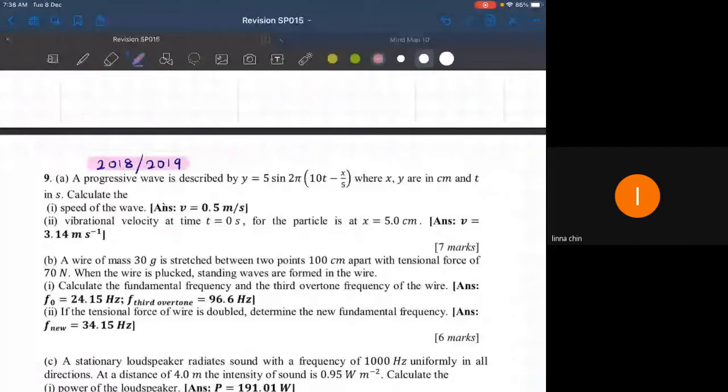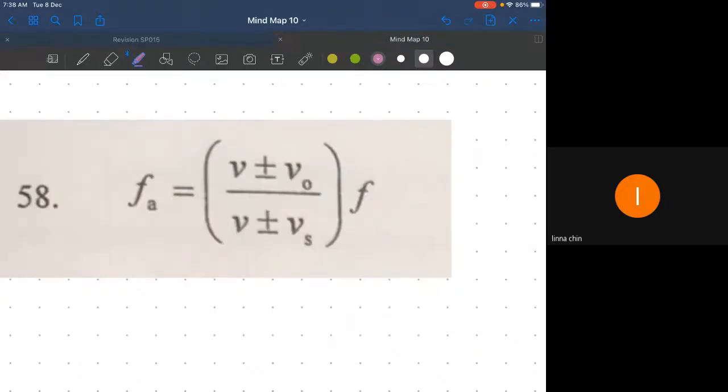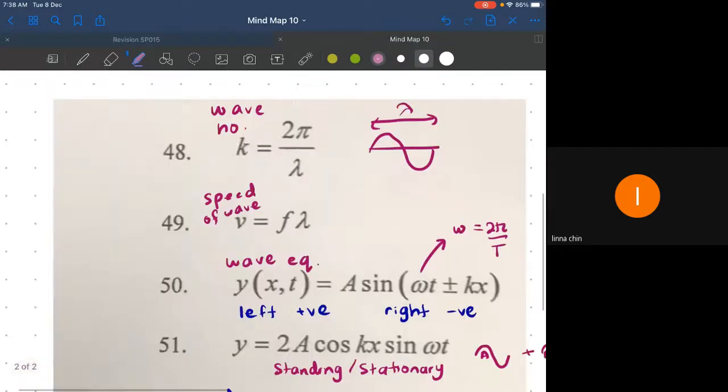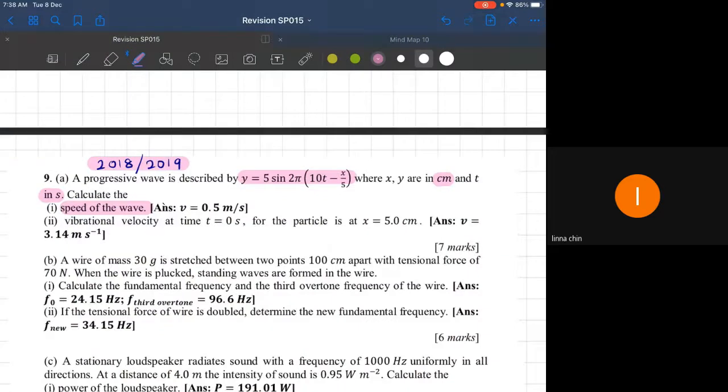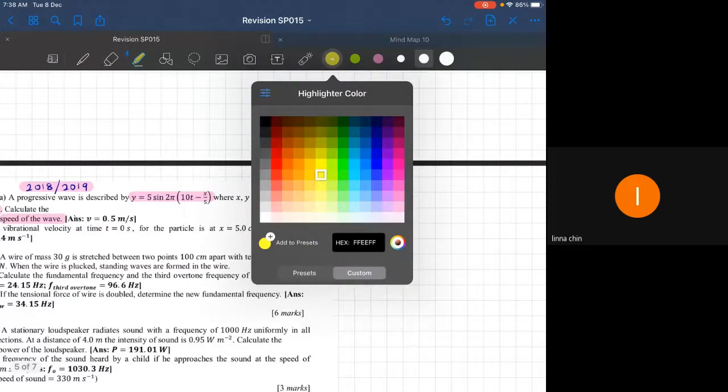Say a progressive wave is described by ni kita ada sekian dia punya equation. Di mana X, Y are in centimeter and then T is in second. Okay, calculate the speed of the wave. Okay, kita tengok list of formula kita. Speed of the wave is V equals to F lambda, right? So, mampu tulislah. Okay, V is equals to